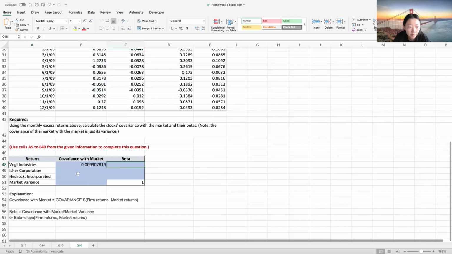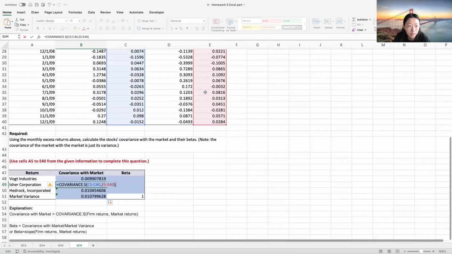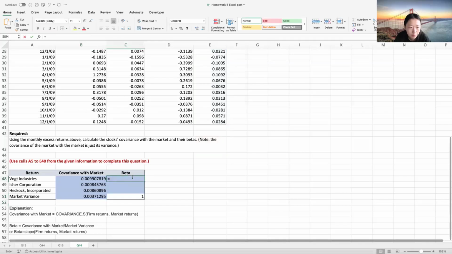All right, so then I can scroll it down and change the column. Change it to the second stock, and enter. Change it to the third stock, enter. Change it to the market, enter. And then for beta,